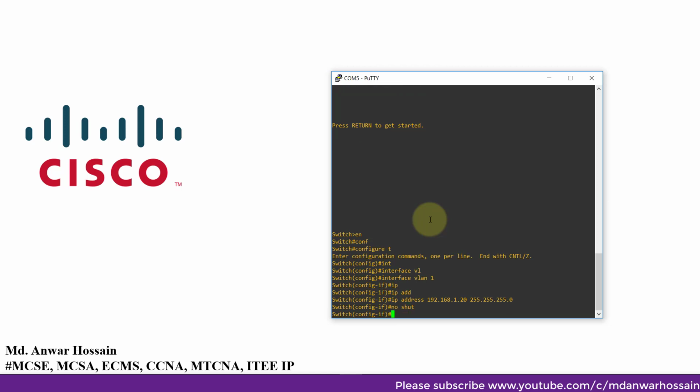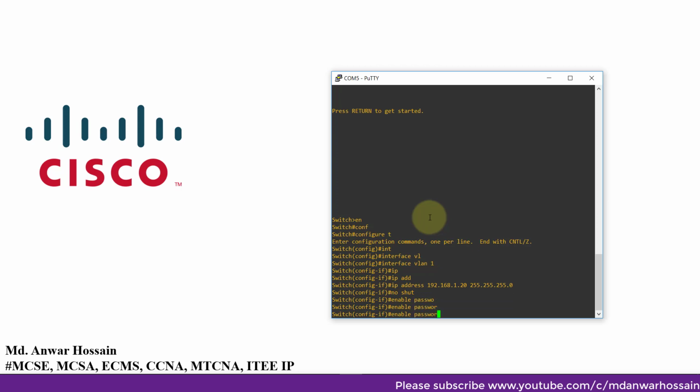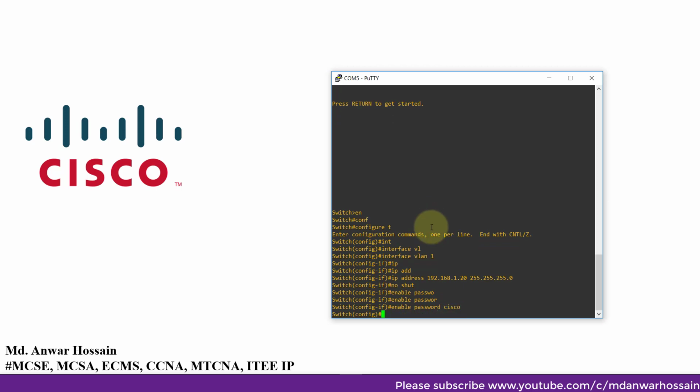Okay. Now we need to enable a password for the graphical interface using the web portal. Enable password. I'm giving the password Cisco. Okay. Now we have to assign the default gateway for the network.